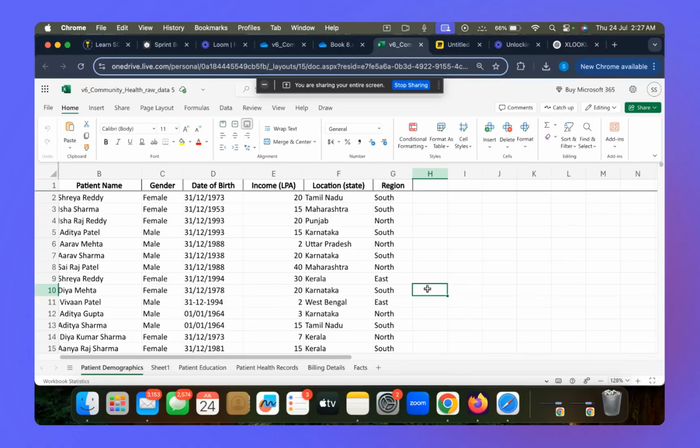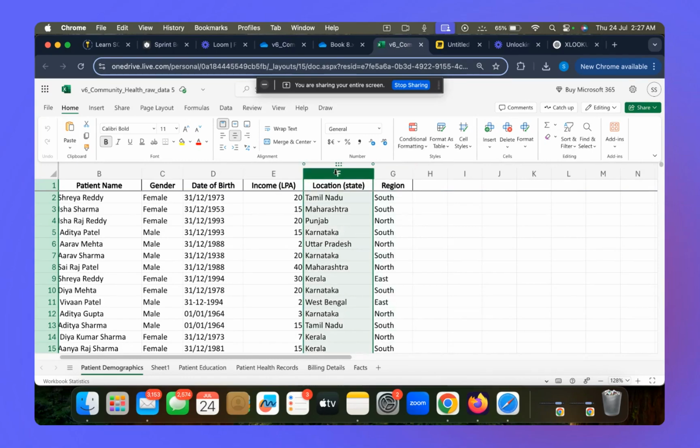Now, what are we going to do with this data set? I'm going to take one simple problem here related to the VLOOKUP function, and I'll explain what the problem is. Then we will intuit our way towards how we can solve that problem using this function in Excel called VLOOKUP, or you can call it vertical lookup as well. So let me first describe what the problem is. If you can see here, there are 2 columns in the demographics: location and region.